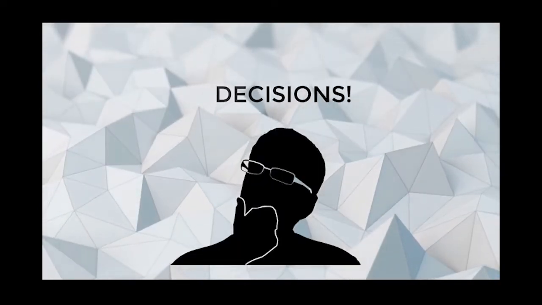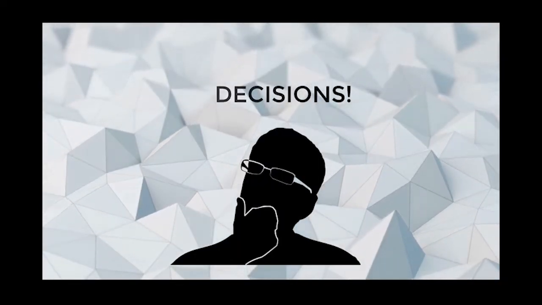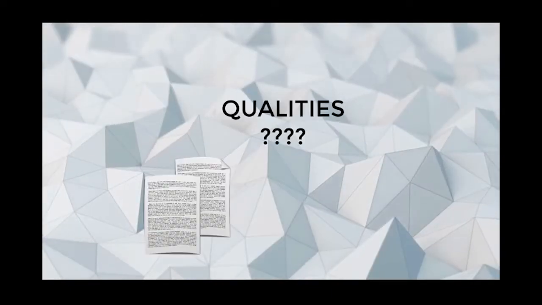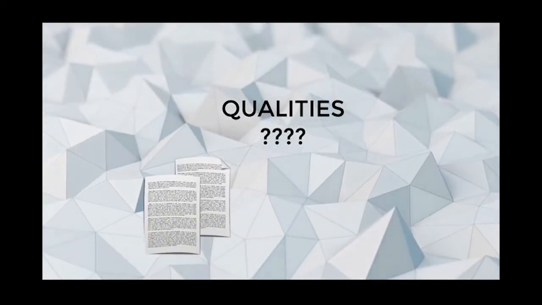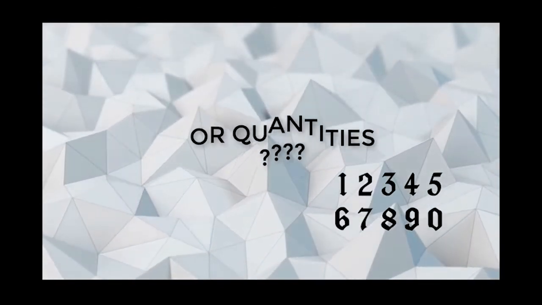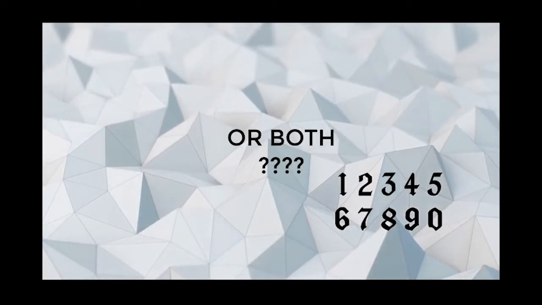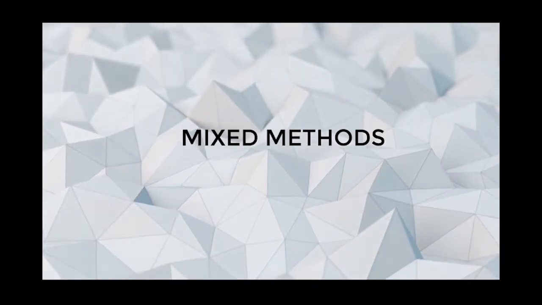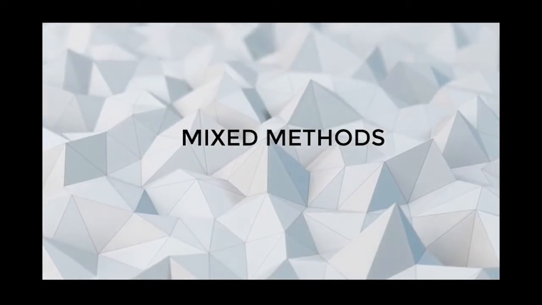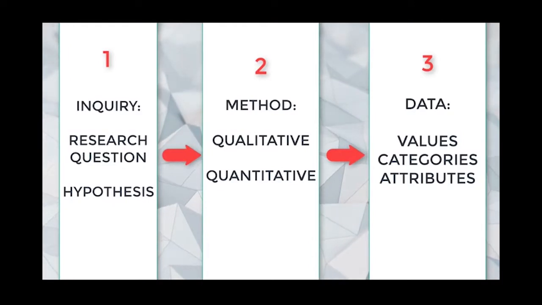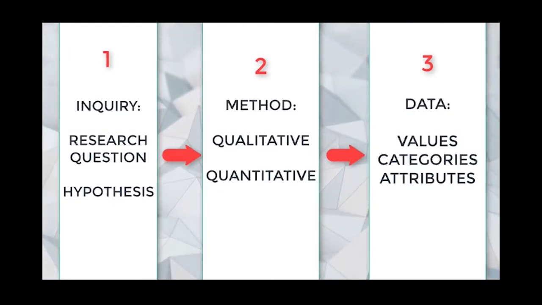Remember that your decision about the method of data collection depends on what you actually want to know as a researcher. Ultimately, you will need to decide if you are seeking answers about qualities or you are seeking answers about quantities. In some cases, you might decide that you wish to explore both aspects of a certain variable, and that is what is called using mixed methods, or the use of multiple methods of data collection in one study. But regardless of your decision, you now know the entire process of decision-making planning involved in research design.